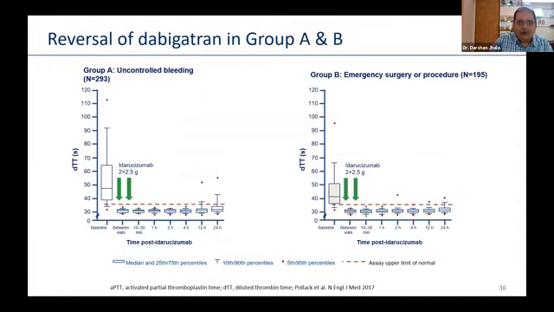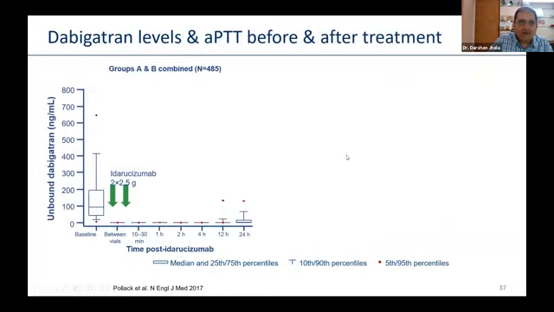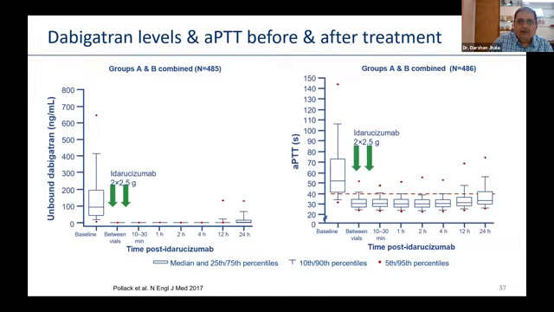And what was found? What was the evidence that they found? So one thing is they looked at the specific clotting test, and they found that when the patient came in, this is the group A uncontrolled, they had a very high clotting time, and within a few minutes, the clotting time became normal. And this was seen in both the groups of patients. So this was laboratory evidence. And dabigatran levels were also estimated, and they fell immediately. So this is active dabigatran levels fell immediately.